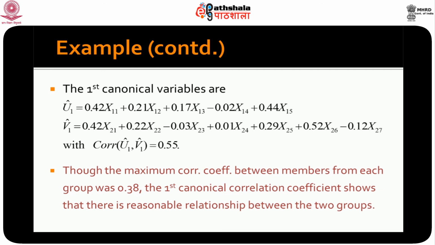So we can say that one group has a reasonably good influence on the other, or they are reasonably related to each other. So this is how we can of course calculate the other canonical covariates, but generally these are not of so great importance as the first canonical covariates. We can also find out individual relationships between the Ys and the Xs, etc., but the main focus would be on the first canonical covariate.